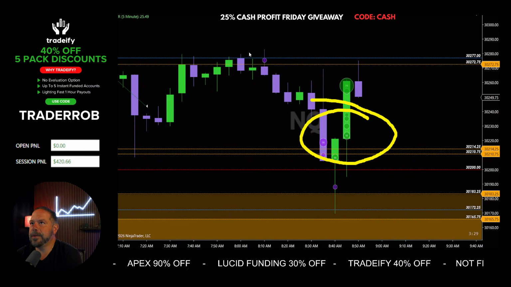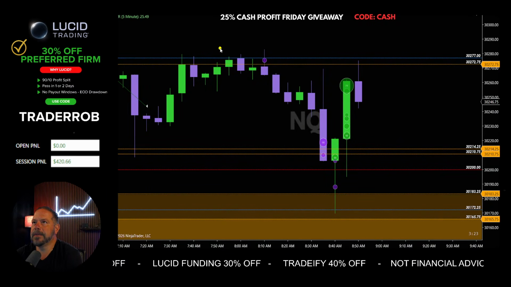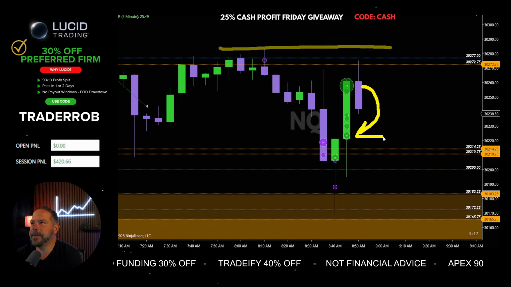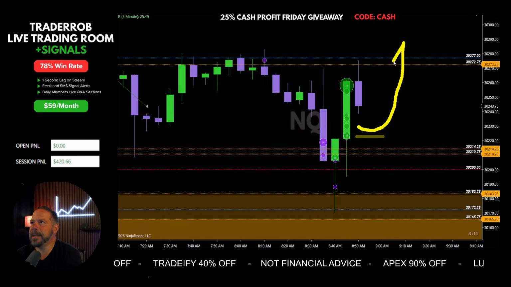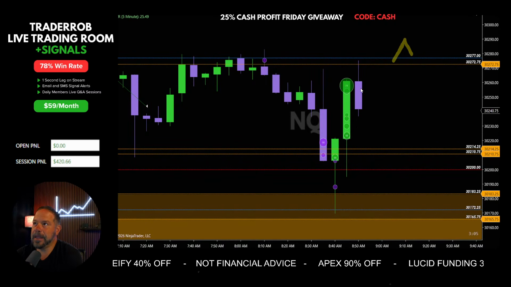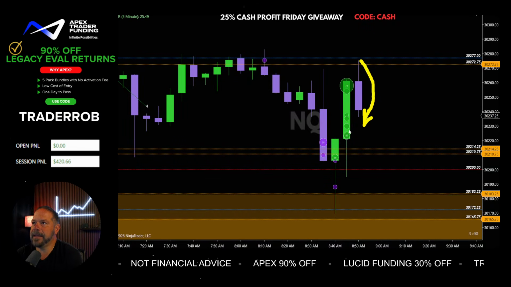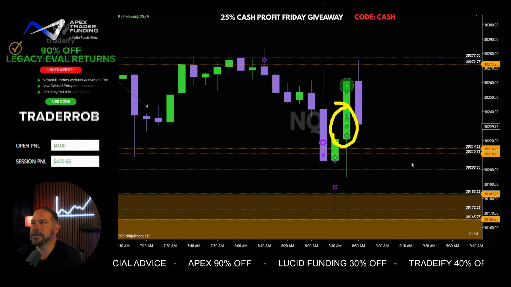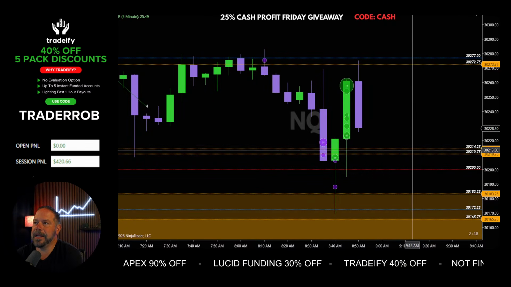When it doesn't break structure, in my opinion, the market doesn't have the fuel it needs to break this unbalanced volume area up here. And then typically what it'll do is a retracement, get back into its comfort zone for buyers, and then that might be the fuel that they need for the next move to the upside. But again, I like to trade unbalanced volume, and what the market is currently doing in this exact candle right now in real time is balancing out this buyer side volume that came in right here. So this eliminates the potential trade that I had,